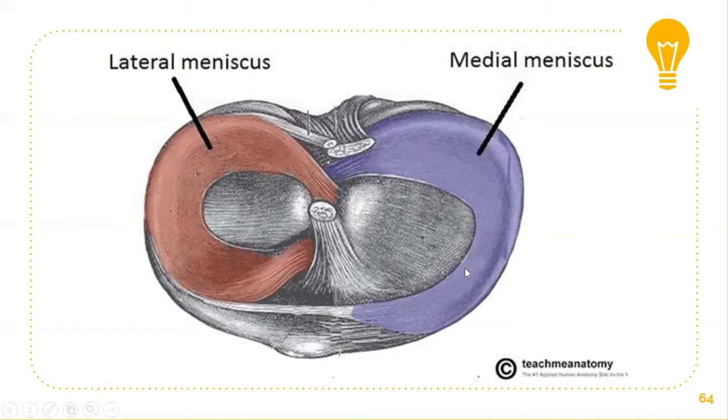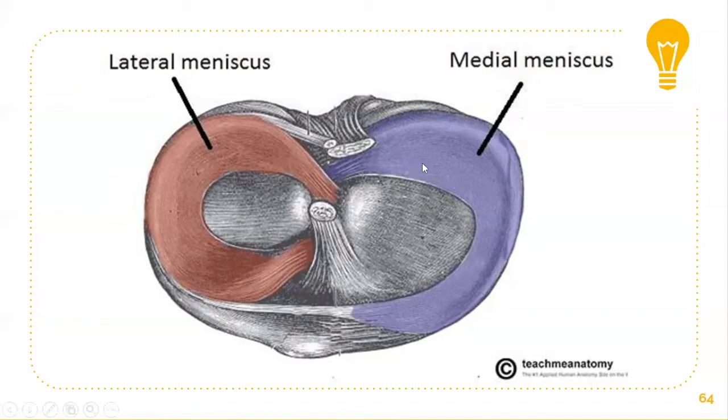The medial meniscus is attached to the joint capsule, but there is no connection of the capsule to the lateral meniscus. The concave surface is loosely attached. The anterior horn also is loosely attached, while the posterior horn is firmly attached. This is the applied anatomy of the meniscus.